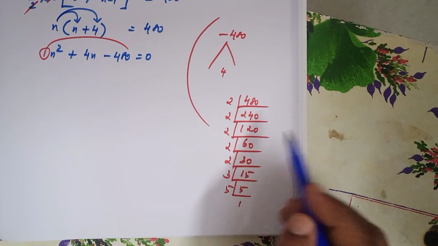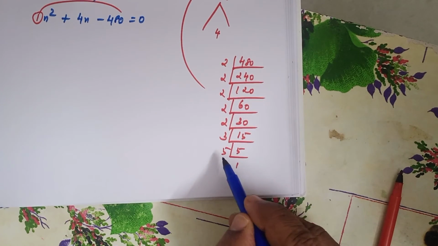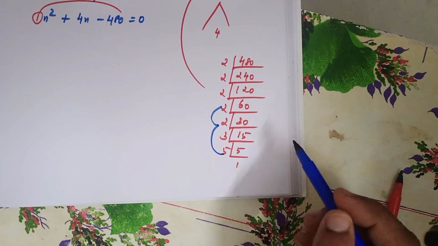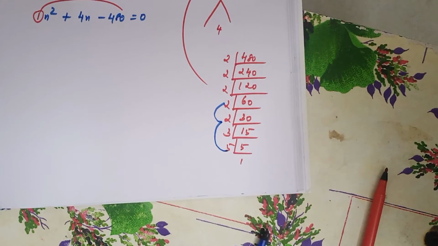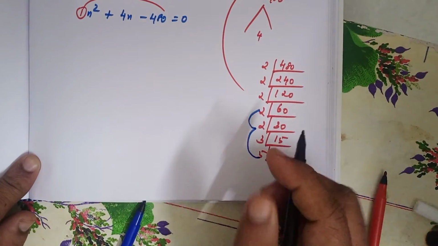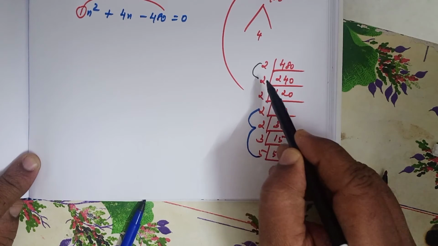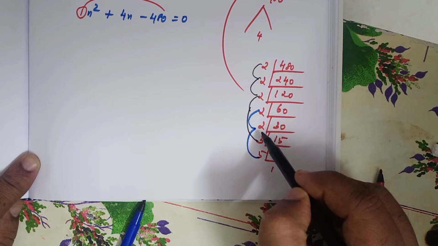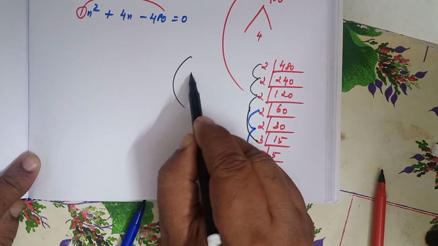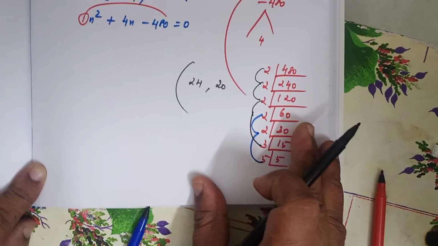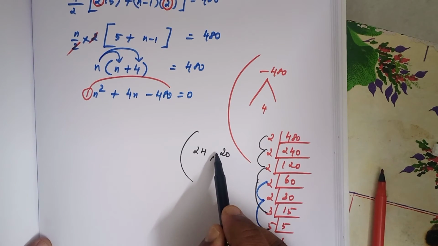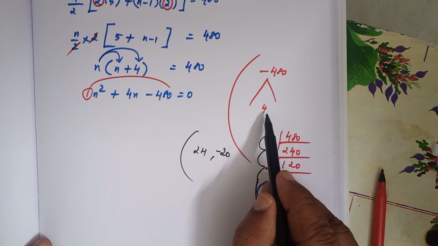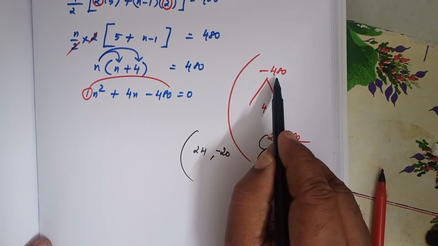The combination is, I tell the numbers, see, 5 into 2 into 2. 5 2s are 10, 10 2s are 20, into, look at that, 2 2s are 4, 4 2s are 8, 8 3s are 24. 24 and 20. I got the numbers here, 24 and 20. Okay. You have to introduce minus for the smaller one, then only can you get 4. See that, 24 minus 20 is equal to 4. If you multiply the two numbers, you will be getting minus 480.